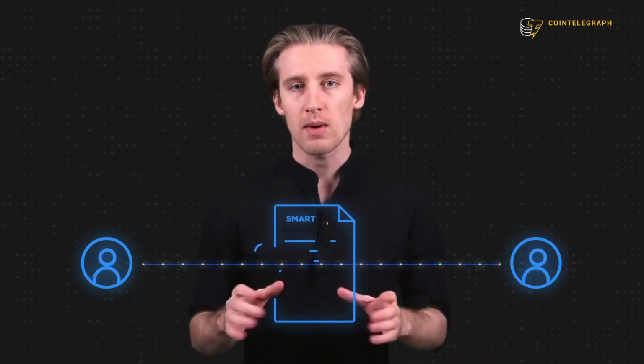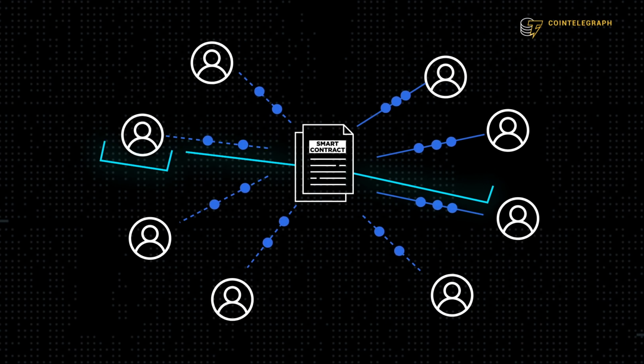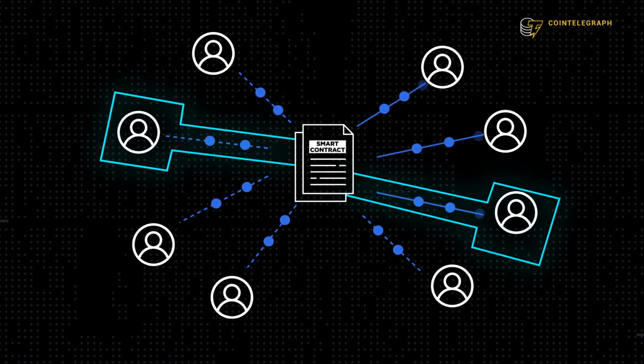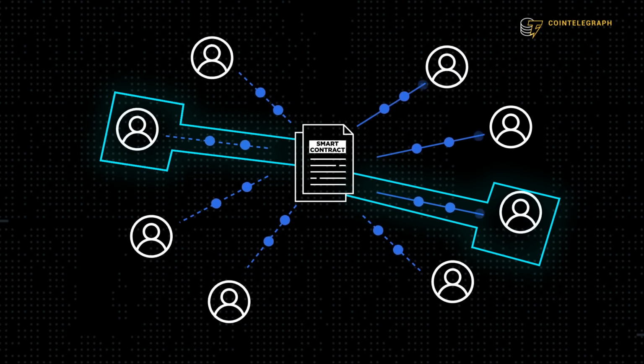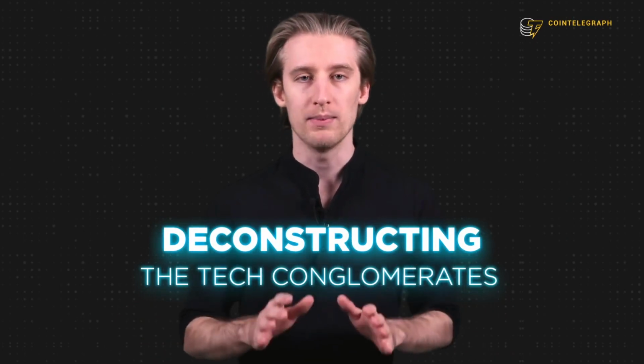Trustless and permissionless mean that interactions can take place between two parties without the need for an intermediary. This is done with smart contracts. If you don't know what a smart contract is, we got you covered. It's exactly like sending Bitcoin from one person to another. The whole process happens on the blockchain and there is no way that anyone can interfere with it or stop it. Now let's get to the other goal of Web3, which is deconstructing the tech conglomerates that control Web 2.